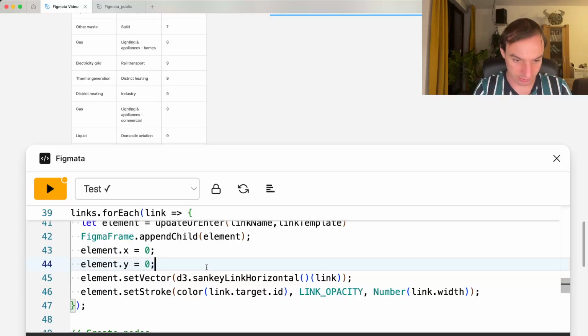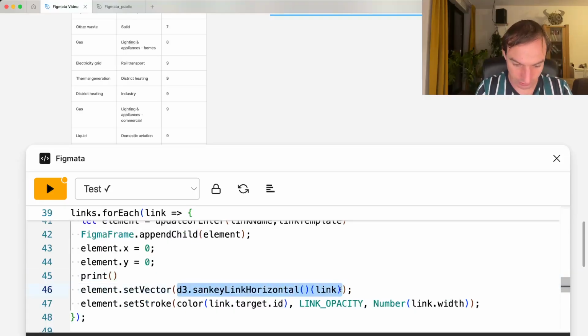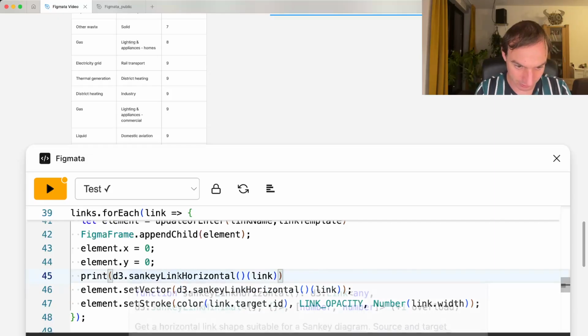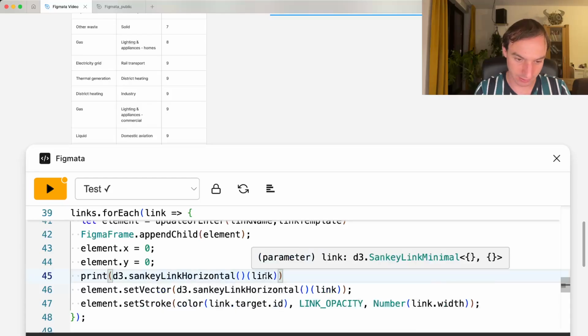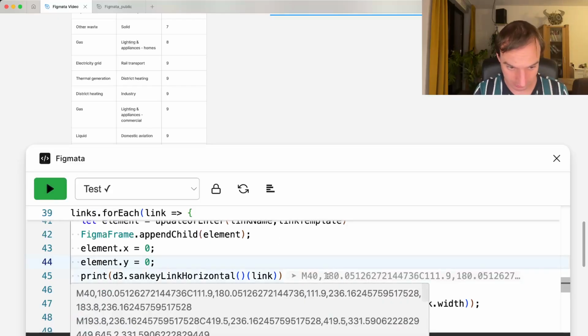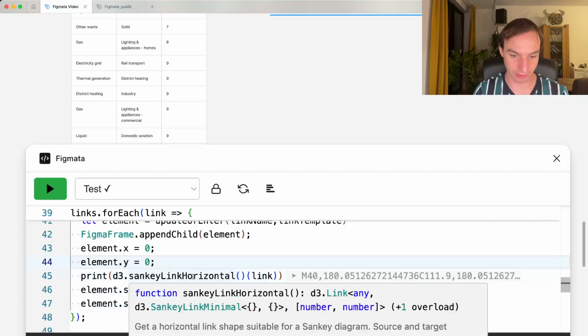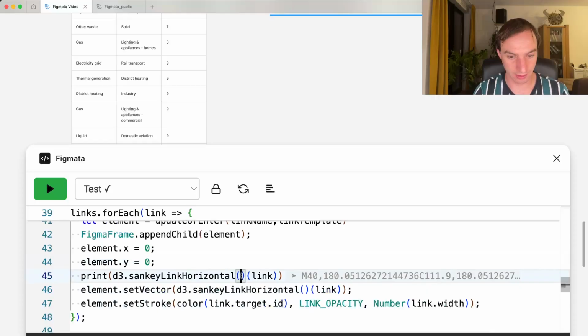So we can look at how that vector looks like. Print. So this function, Sankey link horizontal, that takes a link, will return a path, and this path looks a bit like this. And this is basically SVG code for how the curve of the path should look like. So these are these horizontal links that have some smooth curve, and yeah, you can, I think you can set